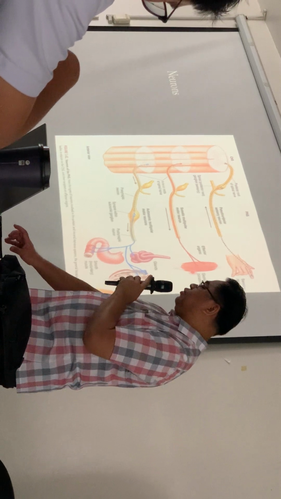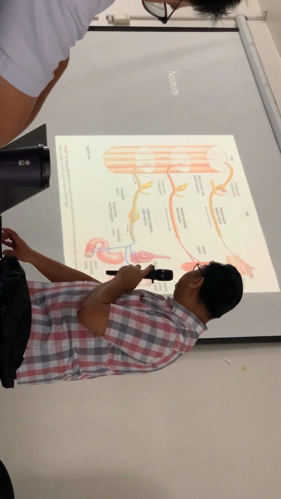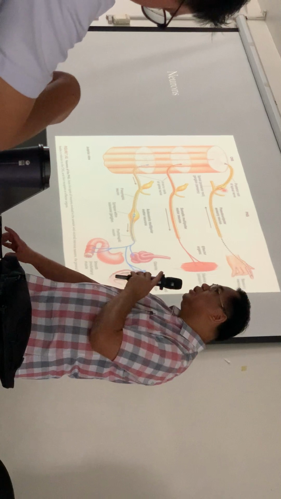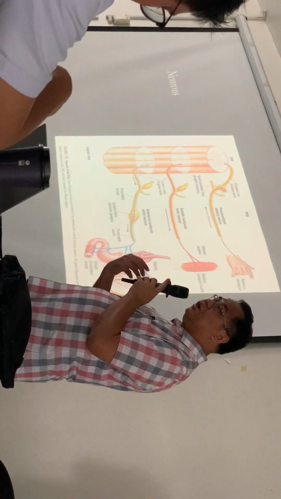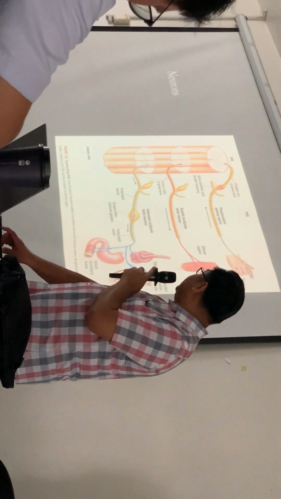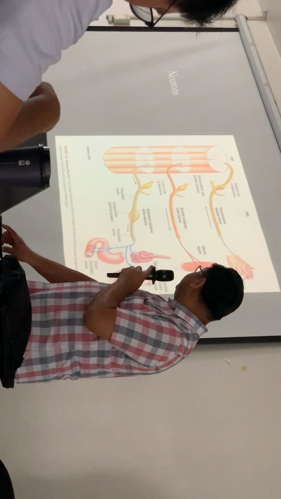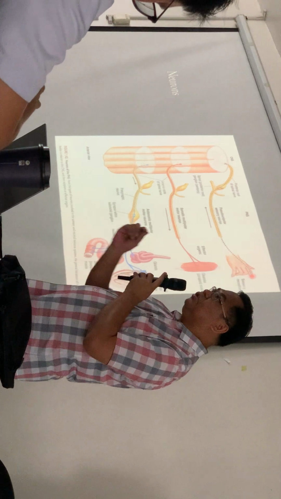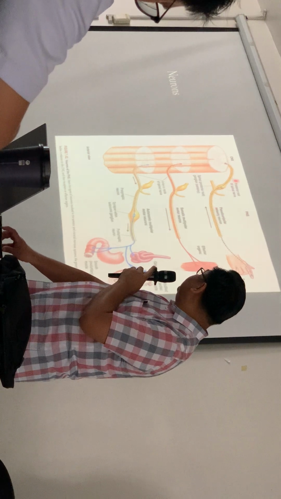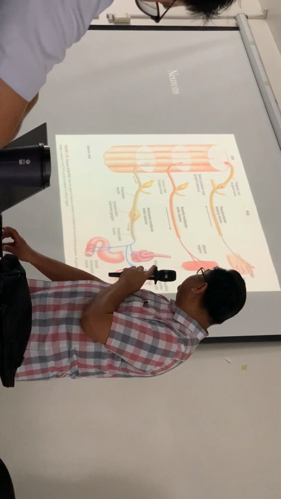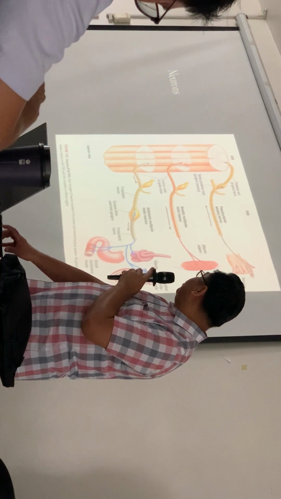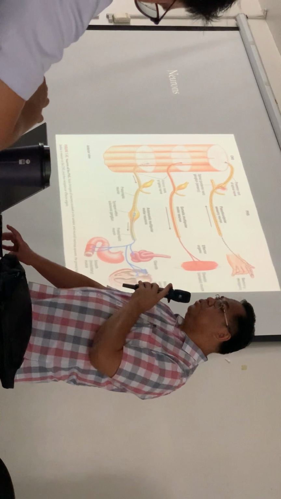For a sensory neuron, the cell body is usually found in a posterior root ganglion. It's a ganglion outside the spinal cord. The cell body is here, and the signal travels from the periphery, from a touch receptor on your fingertip, for example. The signal goes towards the central nervous system. It goes to the spinal cord. Okay? So that's a motor neuron, that's a sensory neuron.